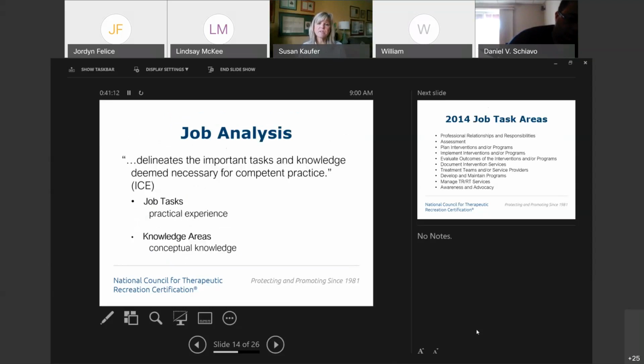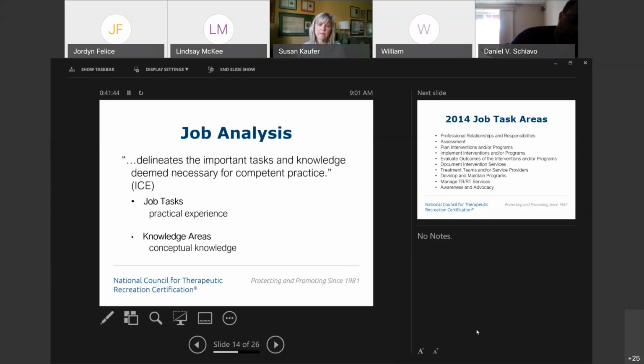So we mentioned earlier the job analysis study. Again, we talked about the fact that this is a survey. The survey helps NCTRC to determine what the tasks of a CTRS are, what the daily important tasks and practices are that we perform, and what we need to know in order to perform the practices competently.